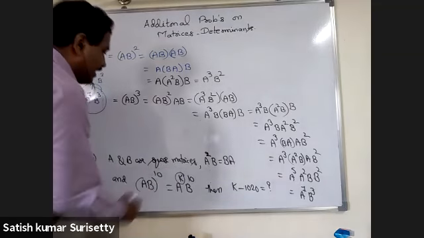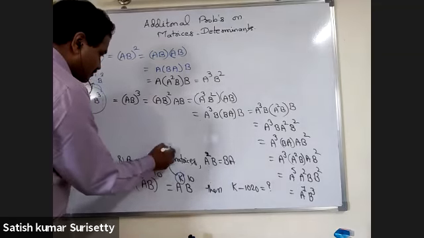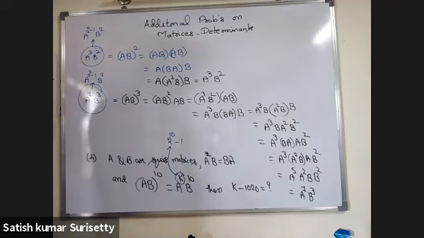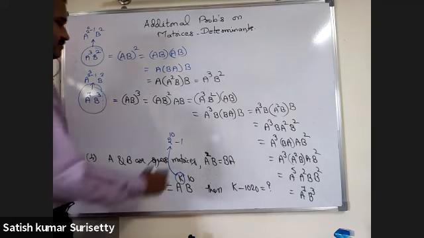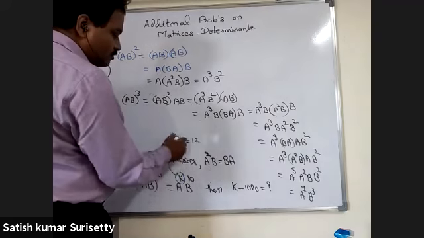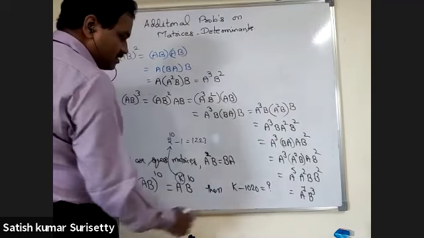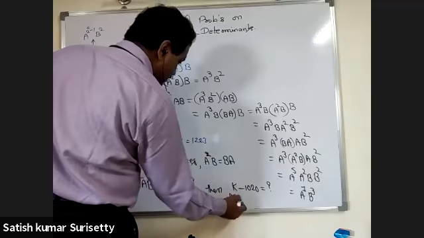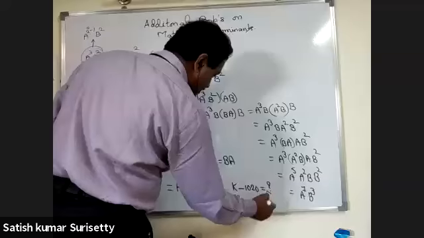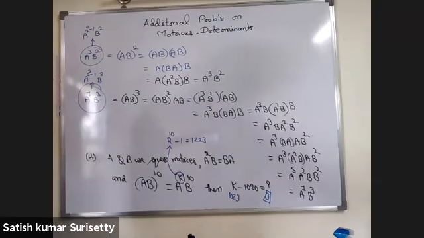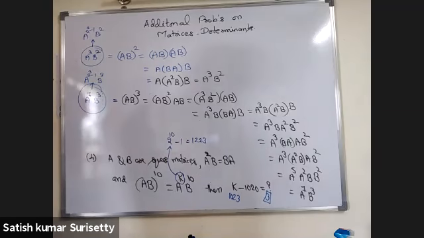That means what is k equal to now? 2^10 minus 1. What is 2^10? 1024. 1024 minus 1, that means 1023. Now substitute here: 1023 minus 10. That means the answer is 3. Check, have you done it like this only? Yes, sir.